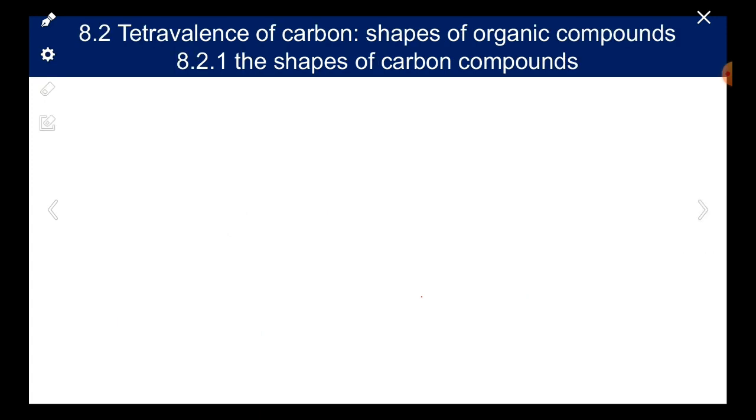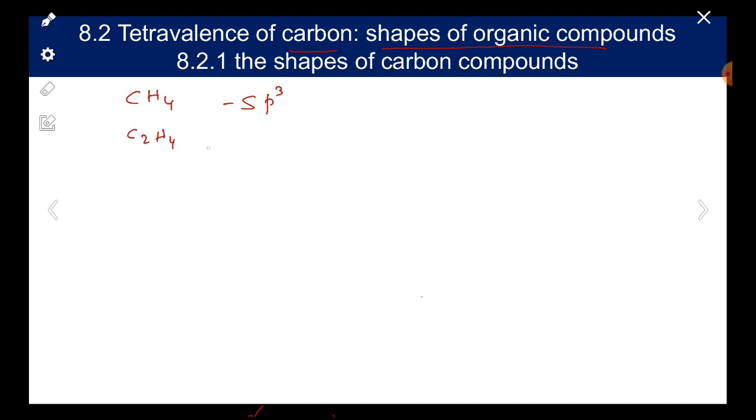Next, let's discuss the tetravalence of carbon and shapes of organic compounds. In the Volume 1 atomic structure chapter, we understood that there is hybridization, right? So hybridization is the best way to understand the shape of organic molecules. Let's see some examples. Let's say methane. Methane has a hybridization of sp3,